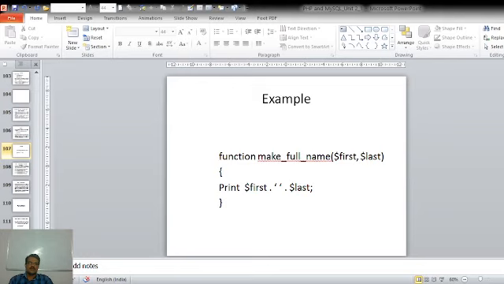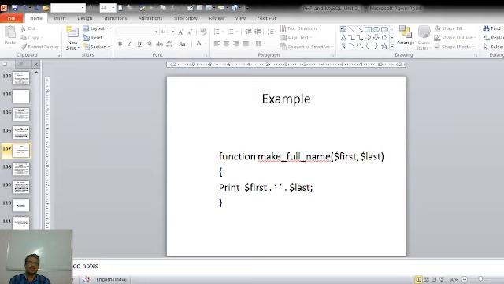For example, suppose we have written one simple function which will accept the first name and the last name, and it will concatenate them in order to make the full name of a person. So we write the keyword function followed by the name of the function, make_full_name, and it will accept two arguments.